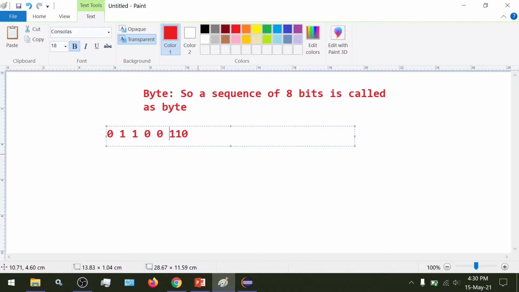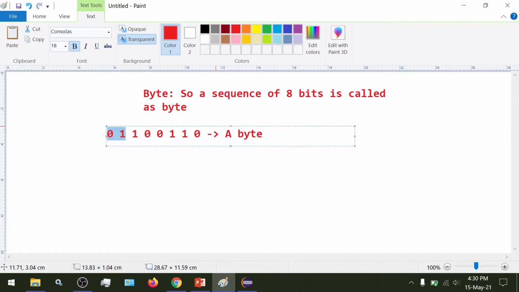Here as we can see, there are a total of 8 bits. These 8 bits together are called a byte. Just understand this: a single 0 or 1 is a bit, and 8 bits together is called a byte. Like we have weight representations in our daily life, we have grams, and a collection of 1000 grams is a kilogram. Like that, we have 8 bits as a byte.